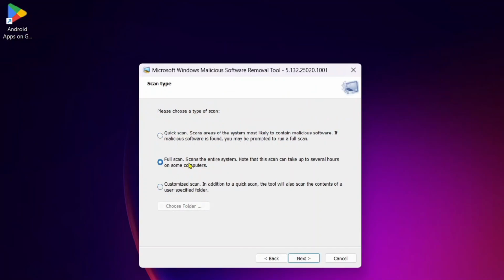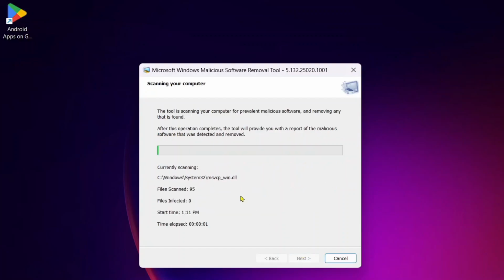Choose full scan if you are having issues, because it will take a lot of time and it will scan the entire system. For now, I'll just click on quick scan. Click on next. And now, as you can see, it is scanning your system for malware and viruses or infected